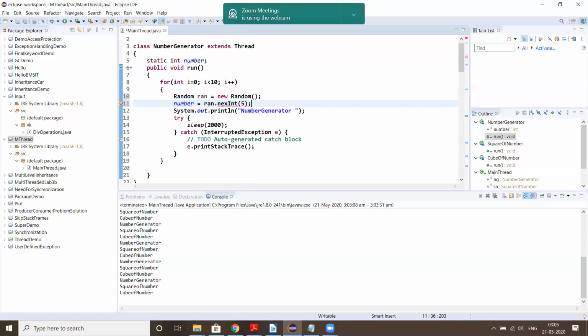the random number will be generated from 0 to 4, including 0 and excluding 5. So a random number in the range of 0 to 4 would be generated. But I want to generate a random number from 1 to 5. If I want that, I can just add 1. Because each time this would generate a 0 or 1 or 2 or 3 or 4. So when 0 is added to 1, it becomes 1. This is what you should know. This is how the random number is generated.